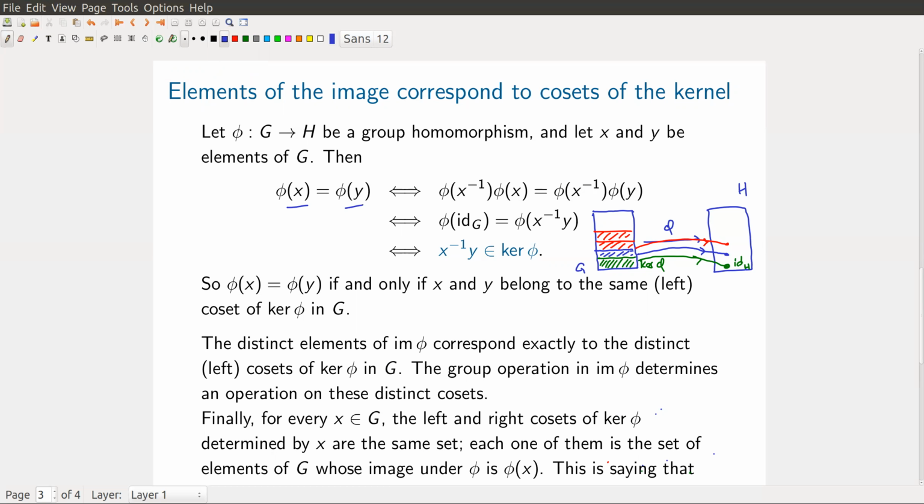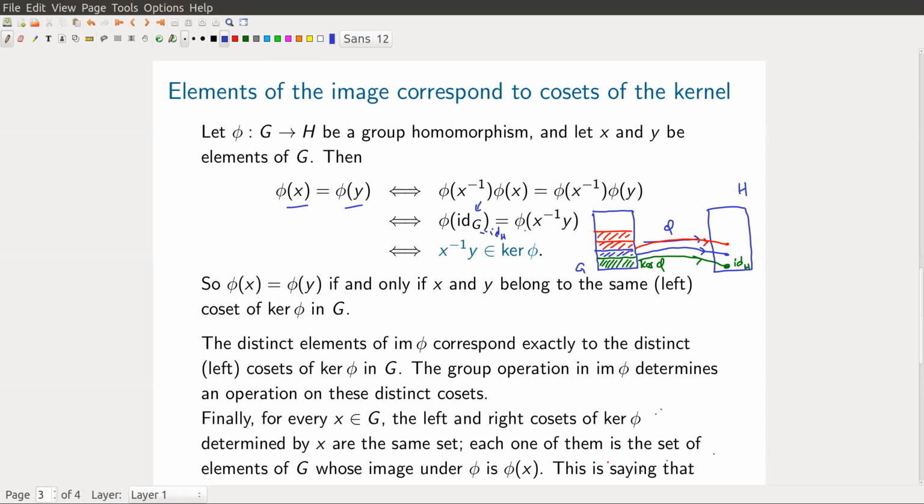If that's true, we can compose both sides of this on the left with the image of x inverse under phi. X inverse is an element of G. So just compose both elements here with the image of x inverse. Phi of x inverse composed with phi of x is phi of x inverse x, which is the identity element in G. On the right-hand side, we've got phi applied to x inverse y. So the fact that phi is a group homomorphism says phi of x inverse composed with phi of y is just phi of x inverse y. We can essentially compose the x inverse y inside the parentheses there. This is saying that phi applied to the identity element of G, well, we know that that gives us the identity element in H,